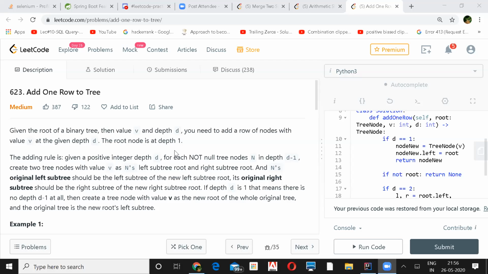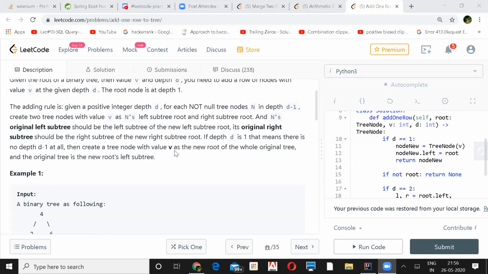I mean, the old root will become the child. So the root will become the new value, and its right subtree will be just null. You don't have to do anything there. Just leave it blank. Right. So the way I think this was working is on that last line. Yeah. So the whole last line.